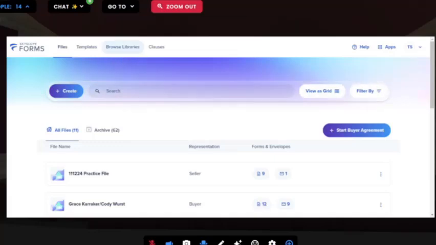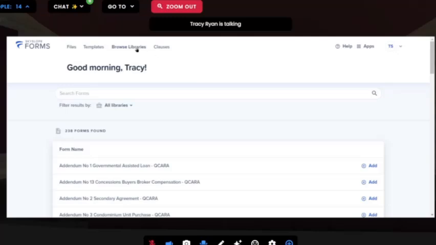And they're not fillable. If you come to your library to get documents, let's say you want to come on here and get your eXp docs, they're not fillable if you download them from here. Okay. So just be aware of that. So you can come to Browse Libraries and you can come here and you can